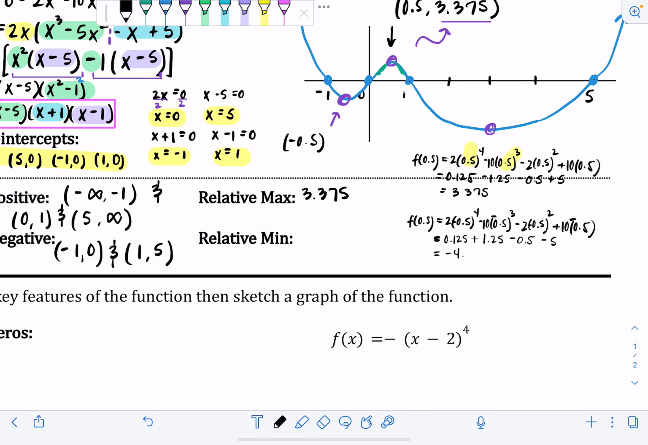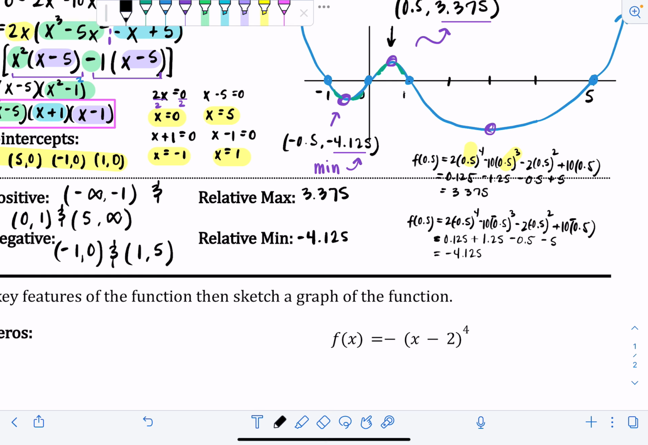negative 4.125. So that's the y value at this point. I'm not sure why I closed the parentheses, but the y value at that negative 0.5 point is negative 4.125. And we just care about the height of that point. So that's going to be a relative minimum because it's lower than the points surrounding it. Okay, so relative minimum at negative 4.125,